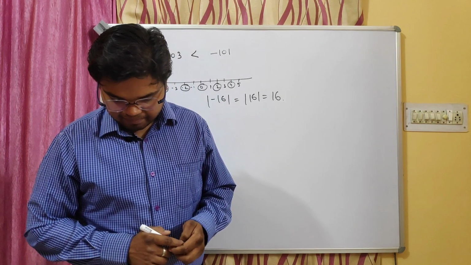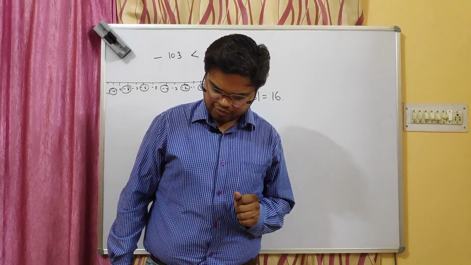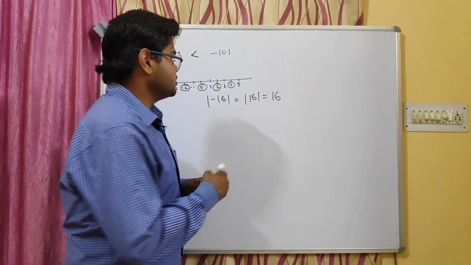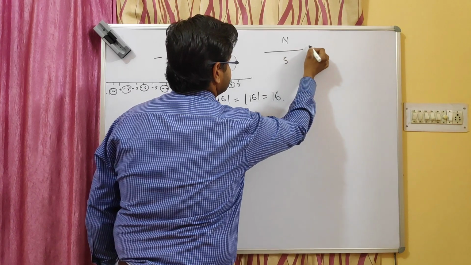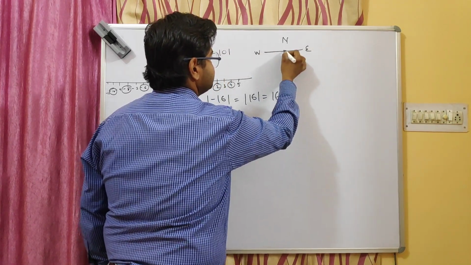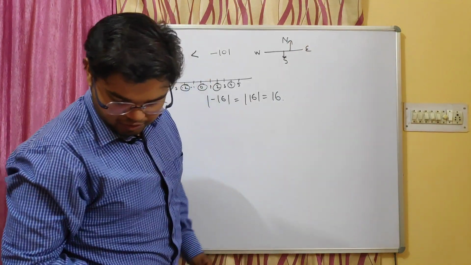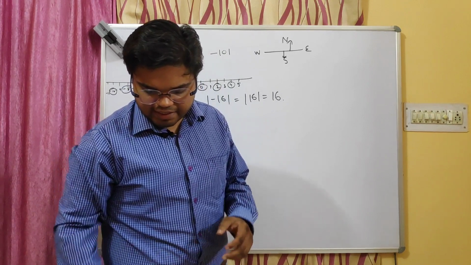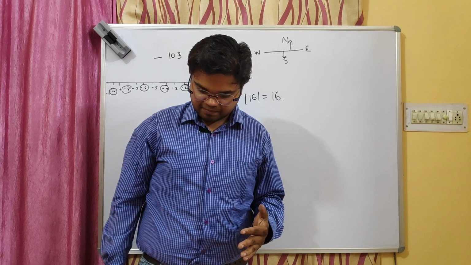Now, question number 3 part. I'll be discussing the first part, third part with you. 50 kilometers south. So 50 kilometers south, as we all know, north, south, east, west. So 50 kilometers south, its opposite will be 50 kilometers north. Okay. Third part, increase in temperature. So the opposite of increase, it is decrease in temperature.